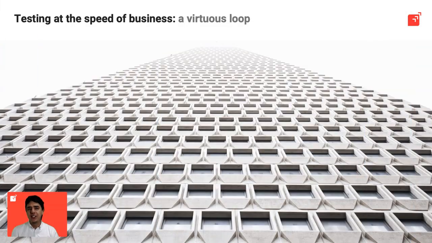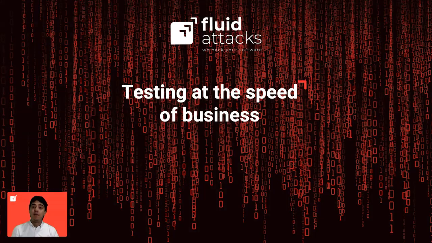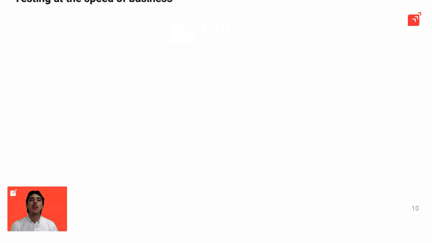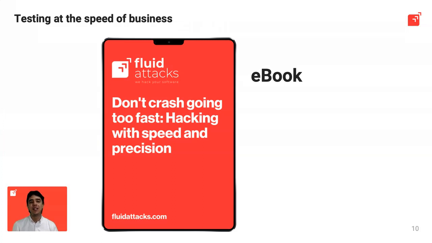To summarize, adopting a continuous hacking approach creates a virtuous cycle where testing can be performed faster without compromising effectiveness, assuring high-quality technology to support business operation and thus keep competitiveness in the market. Nowadays, testing must be performed faster, continuously, and preserving effectiveness. At Fluid Attacks, we promote the adoption of the following recommendations to make technology and security real business enablers in the competitive scenarios we live in.